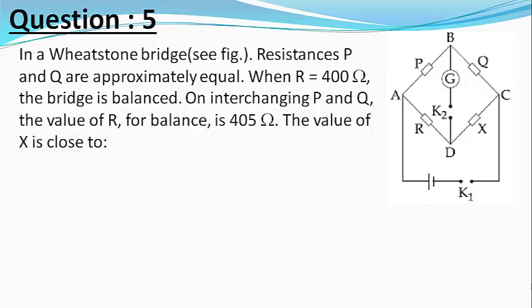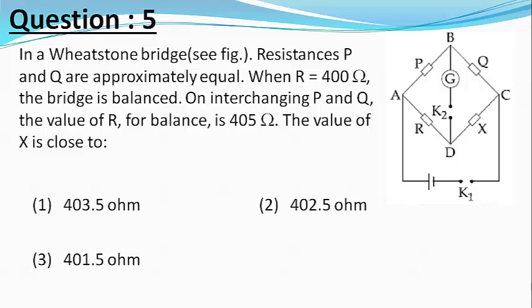equal. When capital R is equal to 400 ohms, the bridge is balanced. On interchanging P and Q, the value of R for balance is 405 ohms. The value of X is close to. The choices are 403.5 ohms, 402.5 ohms, 401.5 ohms, and